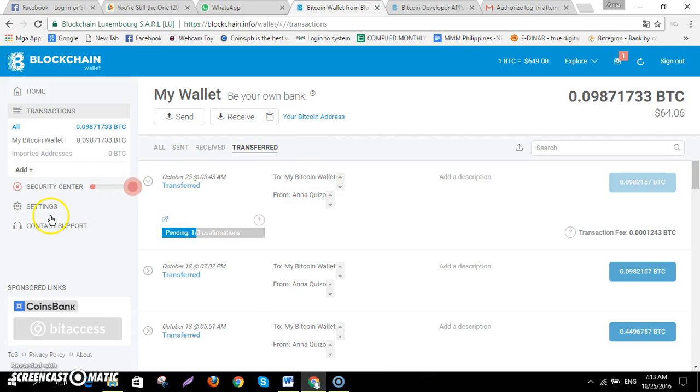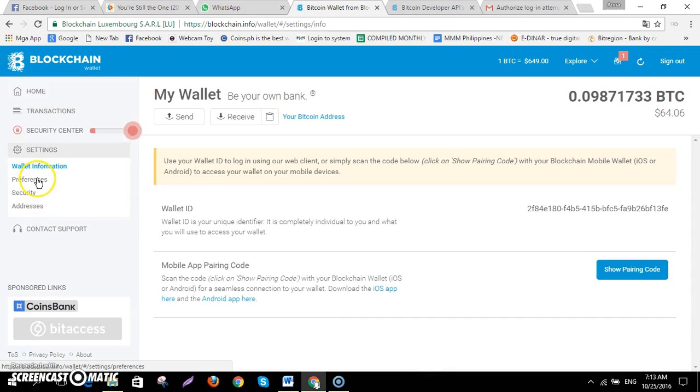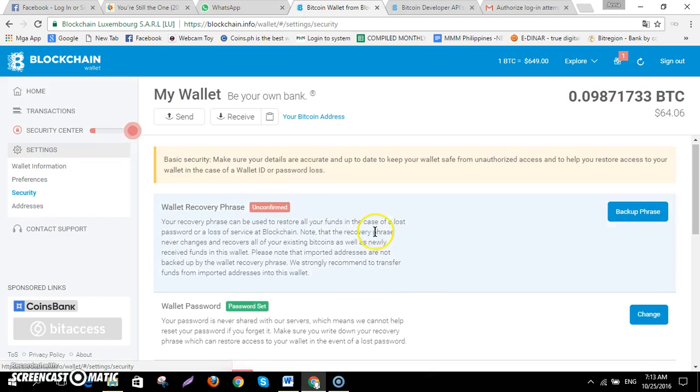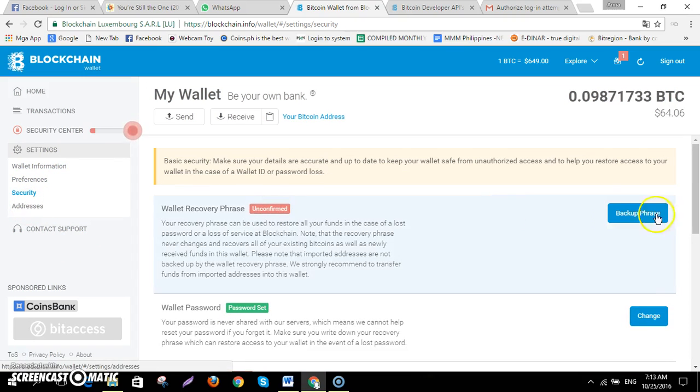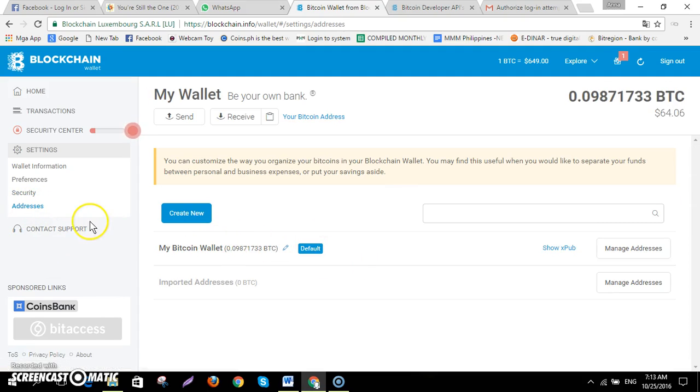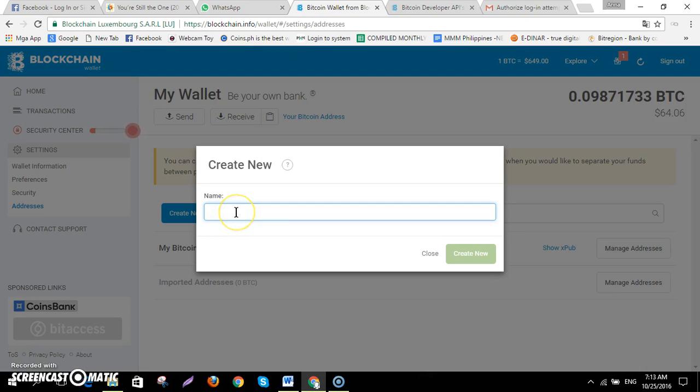If you want to create another wallet, you can click here, settings, preferences. If you want to know what the preferences are, your IDs and security measures are here also. I will not show it because of my security measures. If you want to create a new blockchain wallet, just click this one, create a name, then click this button.